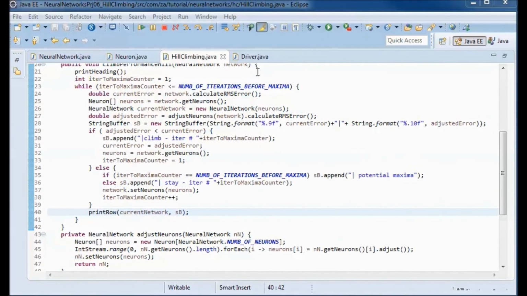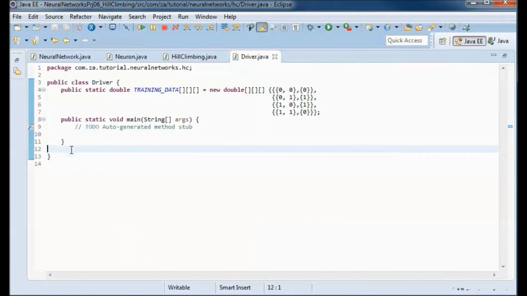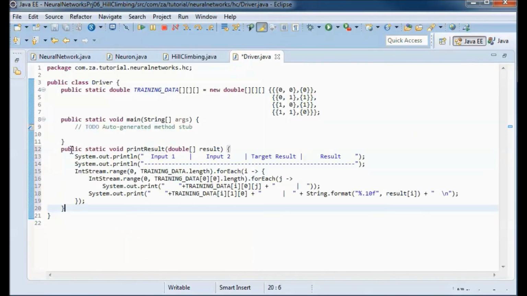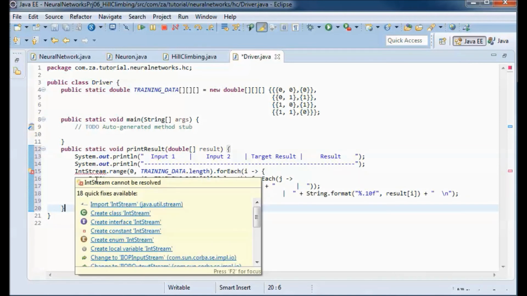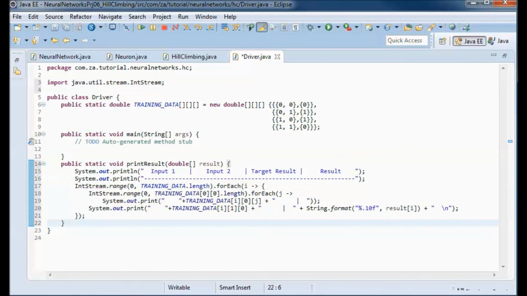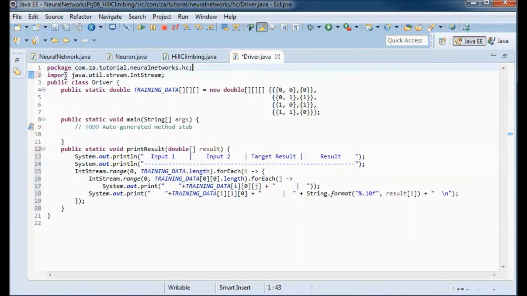Now going to the driver class, I need a method that will print the result of running the neural network. And this will be the logic in main.